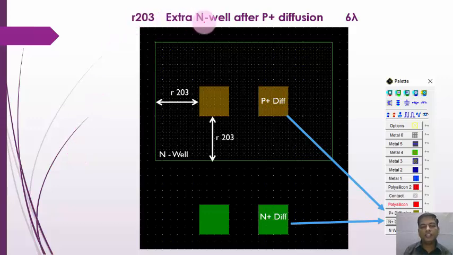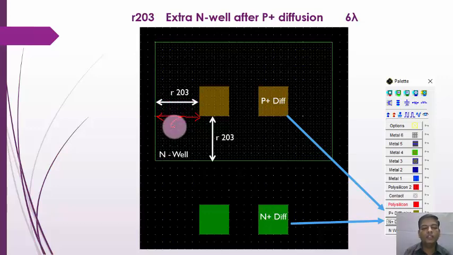Next, R203, that is extra n well after P plus diffusion. Extra n well after P plus diffusion means whatever the extra n well is after the P plus diffusion, that should be 6 lambda. We have to calculate whether it is 6 lambda or not. So here 1 lambda, 2 lambda, 3 lambda, 4 lambda, 5 lambda, and the total distance is 6 lambda.